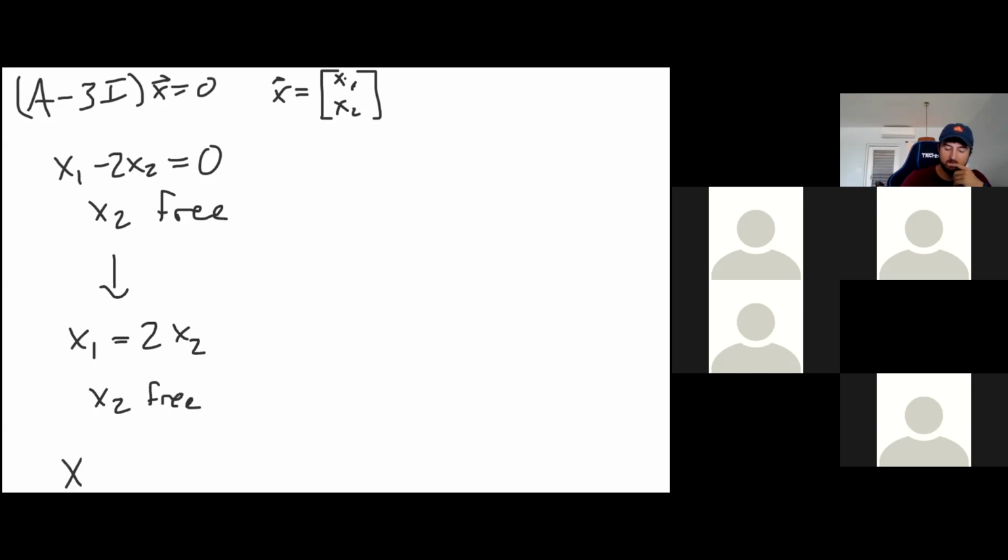So in general, any vector that would satisfy this equation would look something like 2 times whatever is in the second spot, times some number. X2 again can be anything that I want, but if I pull out that constant, that free variable,